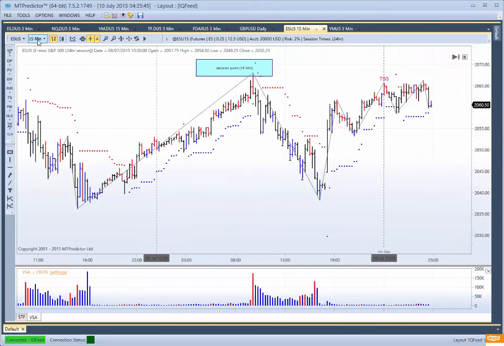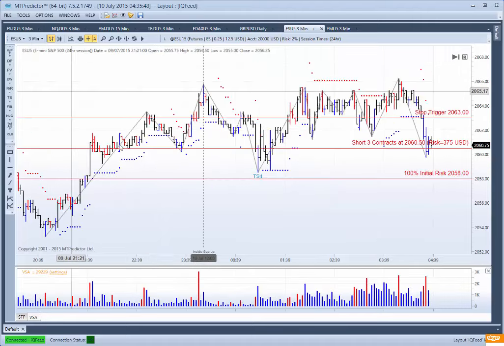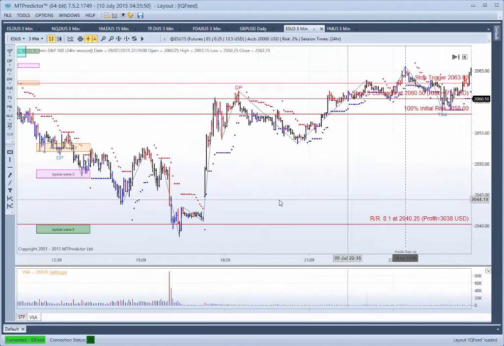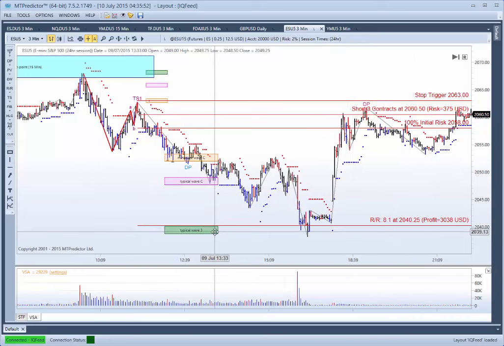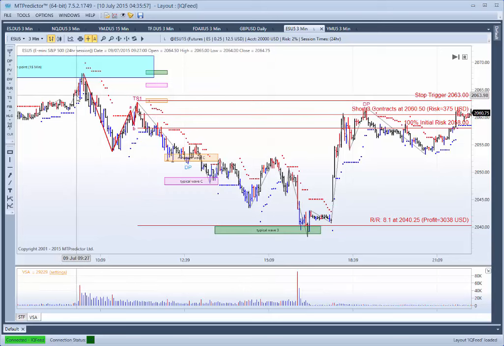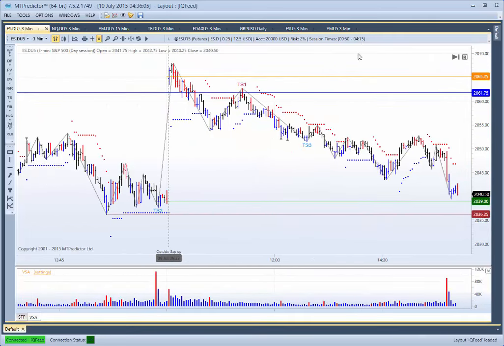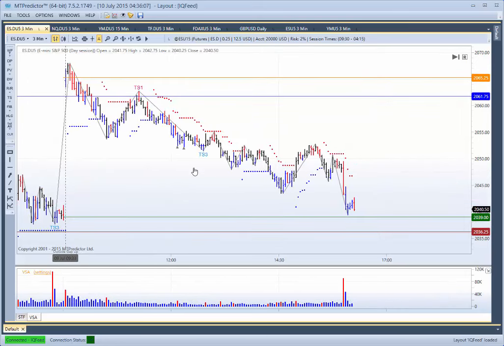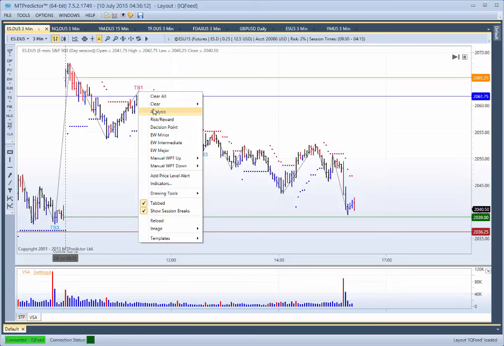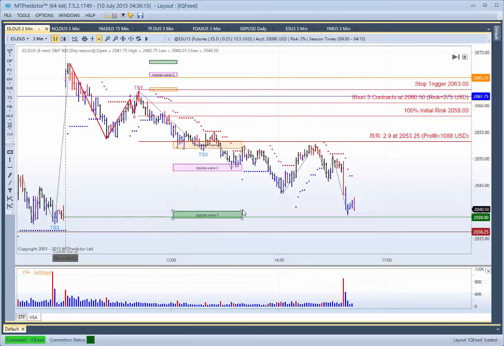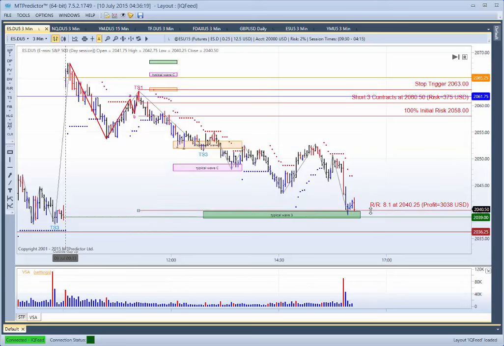So hopefully this has been a good example to show you how to put lots of other things in place when you're trying to build your case for a trade setup. In other words, if you're looking at the day session, which is what we normally do, from 9:30 to 16:15, in other words 4:15, and you're looking to trade just the day session only chart and you don't have any logical resistance or support, then have a look at the 24-hour chart as well,